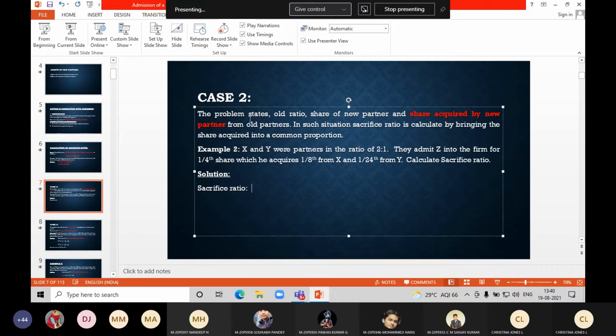Okay, second case. In the second case, this is how the case will look. The problem will state the old ratio, the new partner's share, and the share acquired from A and B. Now, say for example,